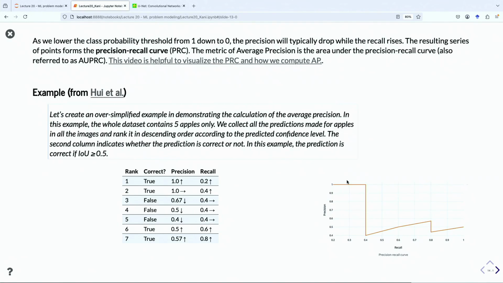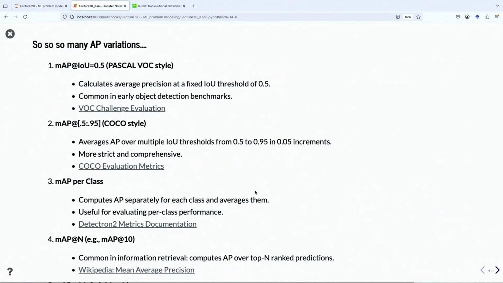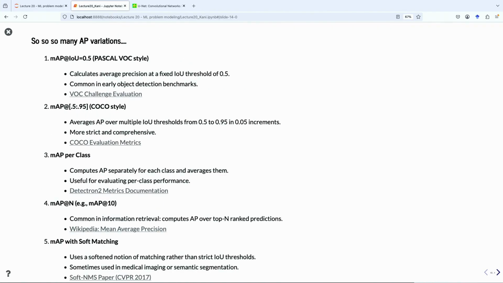This curve is often normalized, so very often you take the maximum values at any point in the iteration to eliminate the zigzags. The mAP score in general has a bunch of different variations. I think, has anyone dealt with information retrieval?